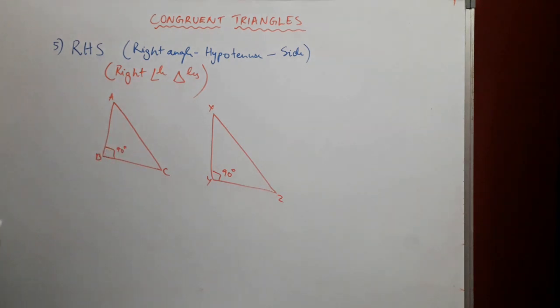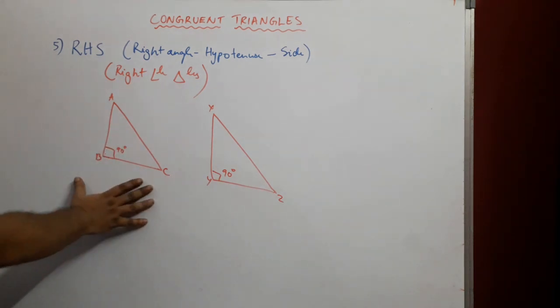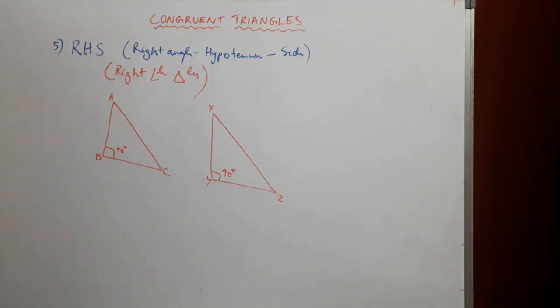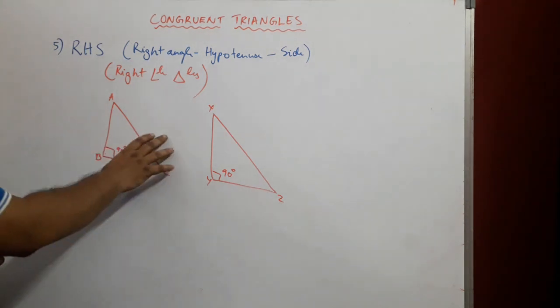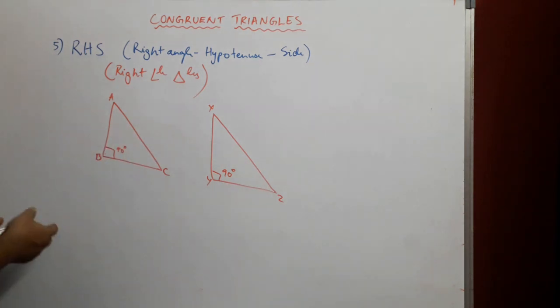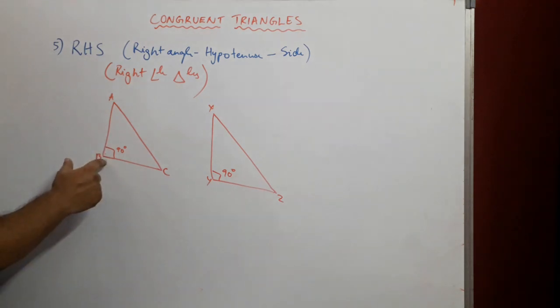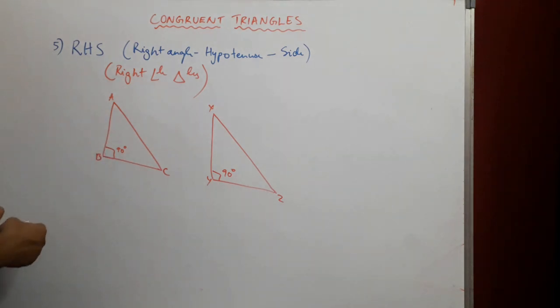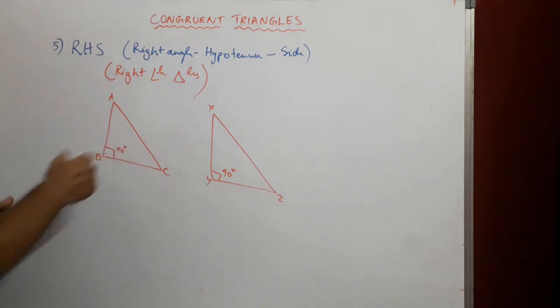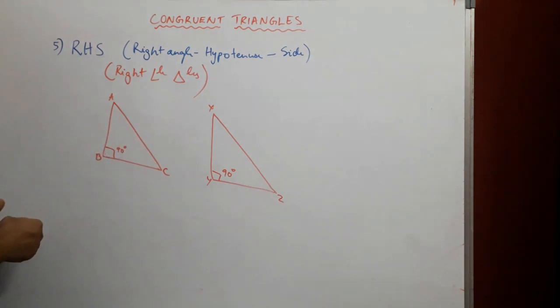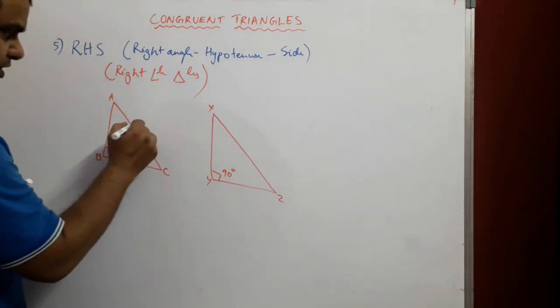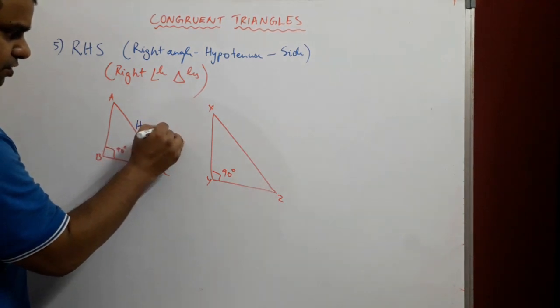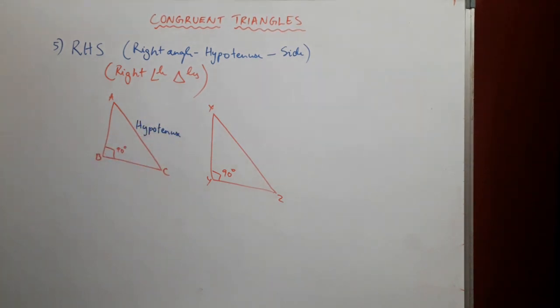So in this case, we have gone through this in the previous video where we spoke about hypotenuse and Pythagoras theorem. So in a right angle triangle, if this is where the angle is formed, then the side opposite to the right angle is your longer side, and it has a special name, it is called the hypotenuse.